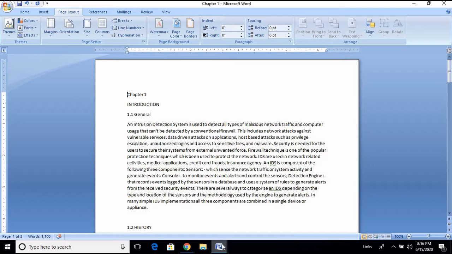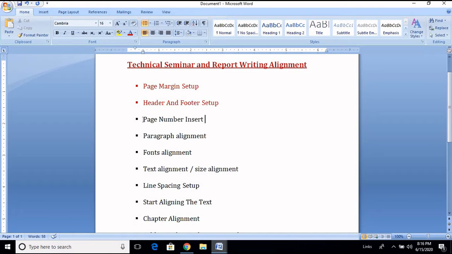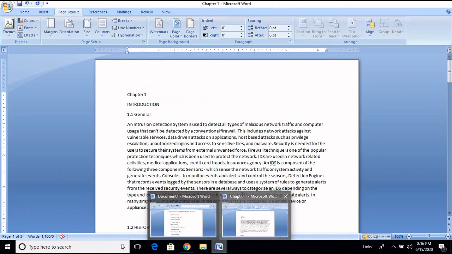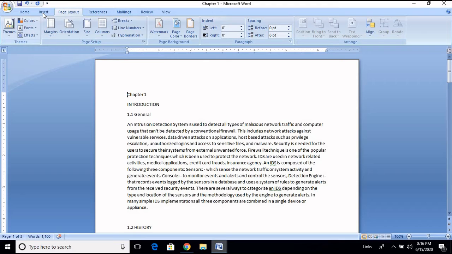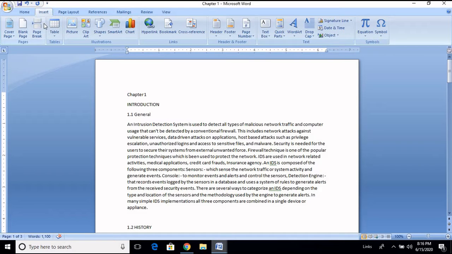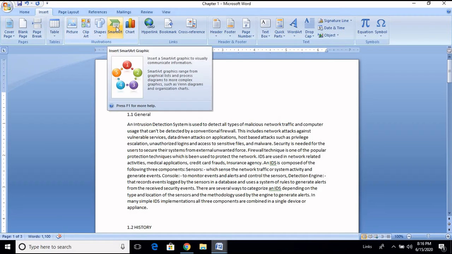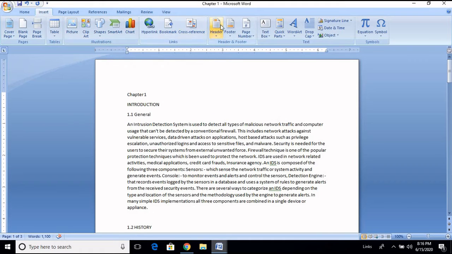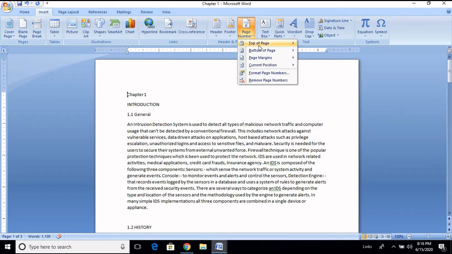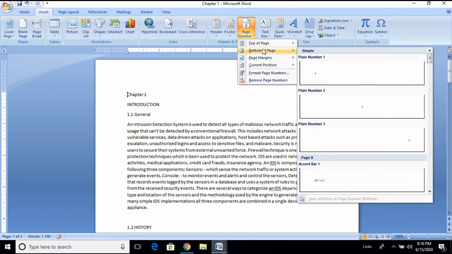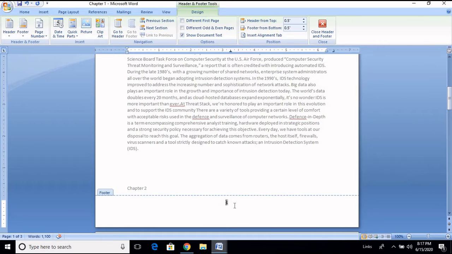After this, the next work is I need to insert the page numbers. In this document I am going to click insert here. In this, so many things are there. You can insert a picture, you can insert a table, all those things. Here you can see insert page numbers. If you click it, you will get some options. We are going to insert the page numbers in the bottom. So I am going to select this bottom option. In this also, in the bottom, second option called bottom center. If I click this, automatically it will come here. Page number has been inserted.